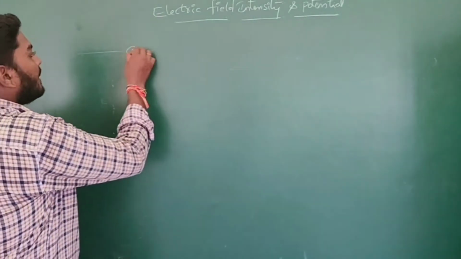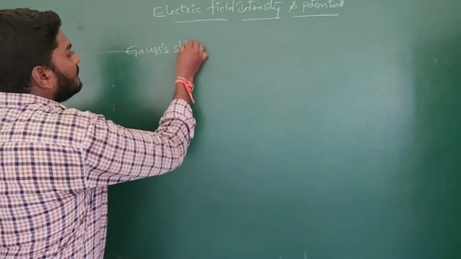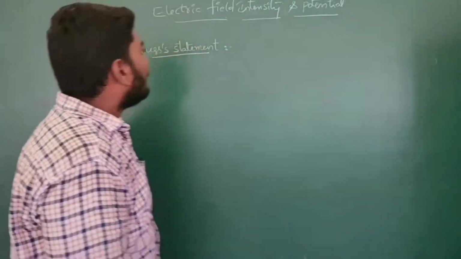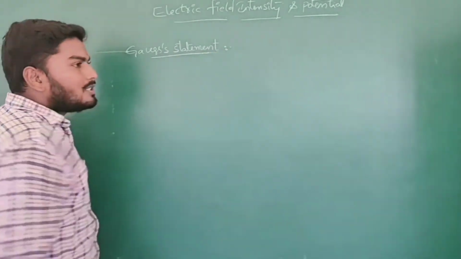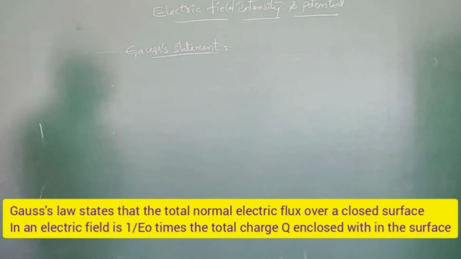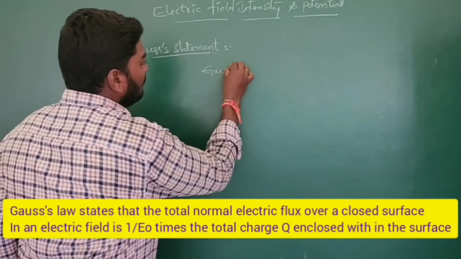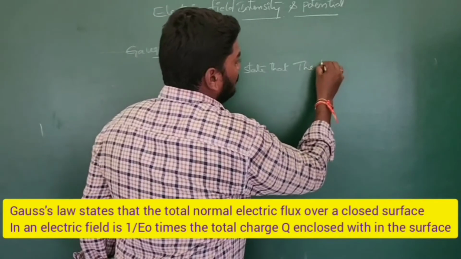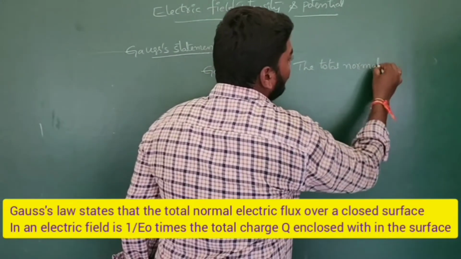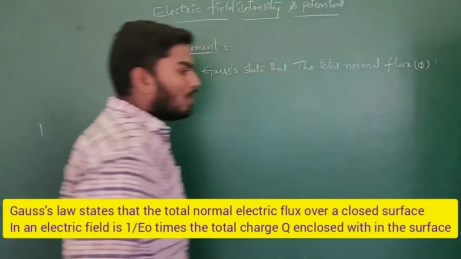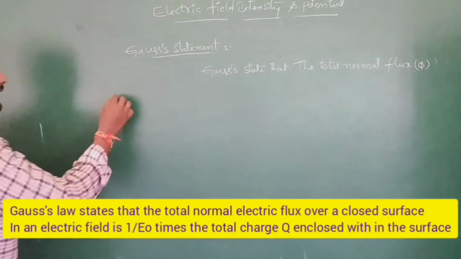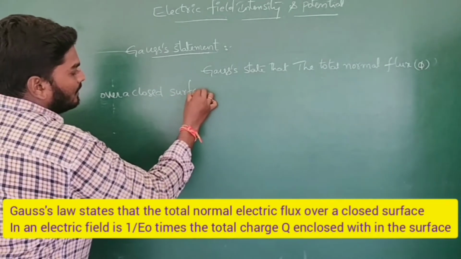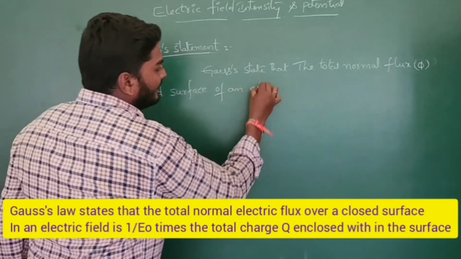Now Gauss statement and proof. Gauss states that the total normal flux phi over a closed surface of an electric field is